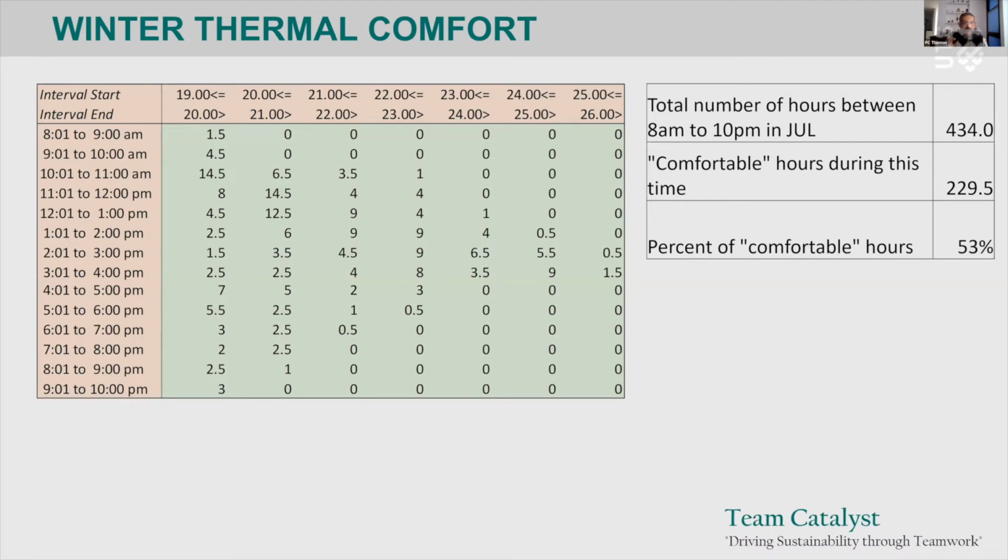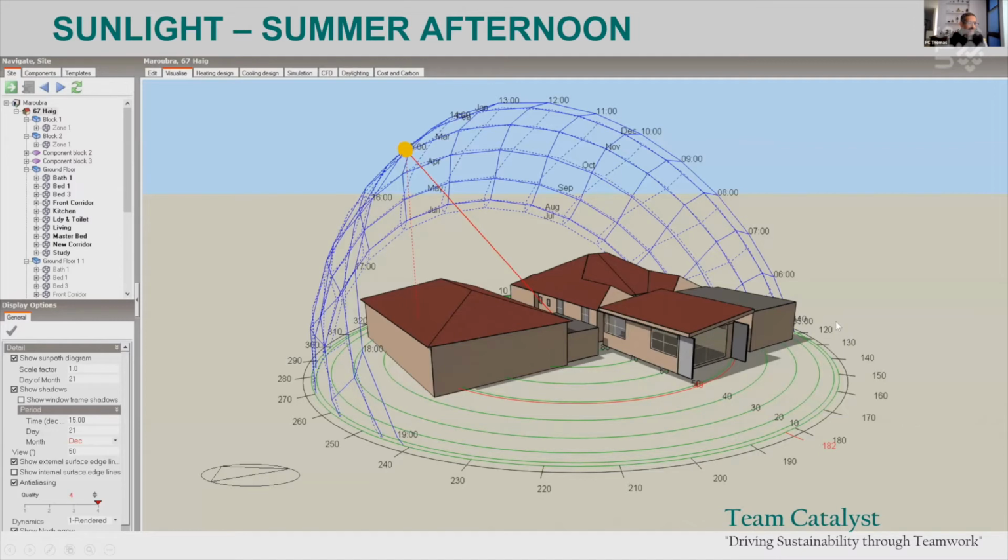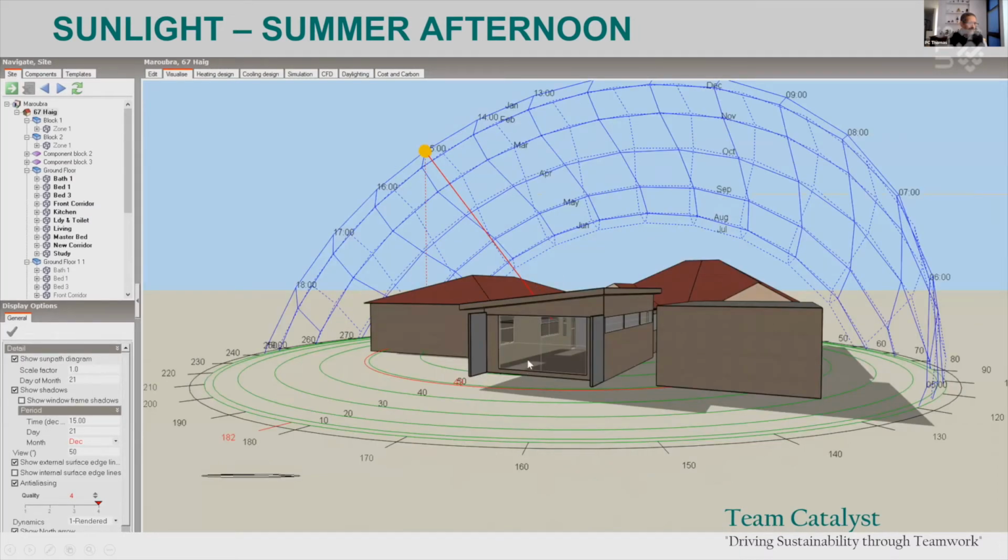Anyway, that was winter. Now summer is different. I started to look at the summer, and we know these things. I mean, the building physics tells you all these things. All of a sudden, the sun is high in the sky. Where the roof ridges were a problem in winter, they're no longer a problem, right? And in the afternoon, when you don't want the sun, you start to get big patches of sunshine come through those western windows. Remember, I showed you those western windows in the beginning.